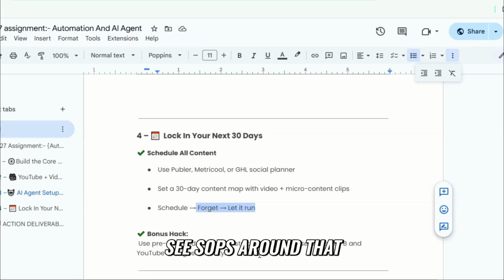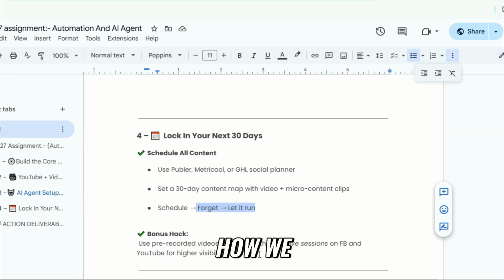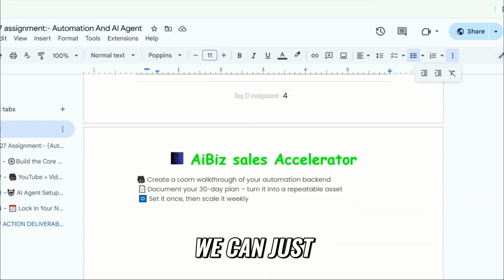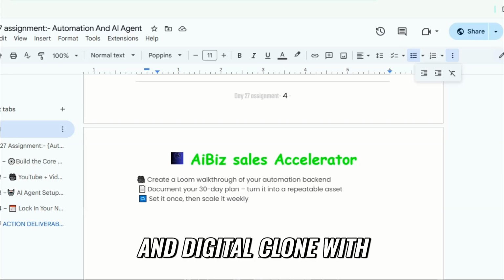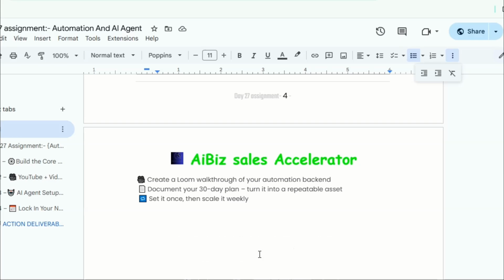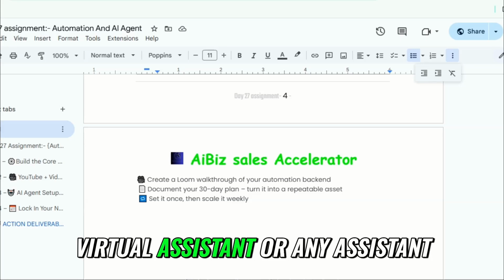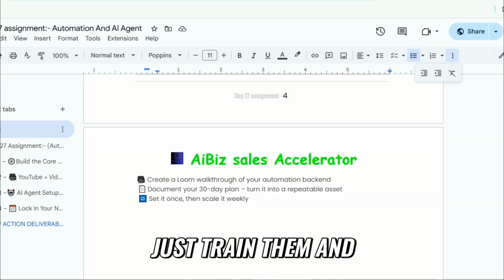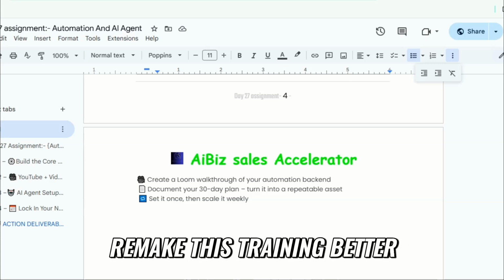Tomorrow we will see SOPs around that, how we have created SOPs, and with those SOPs we can create a digital clone. With the help of your virtual assistant or any assistant, any trainee, you can just give them this SOP and train them. Ask them what things they are stuck on, and just train them and remake this training better.